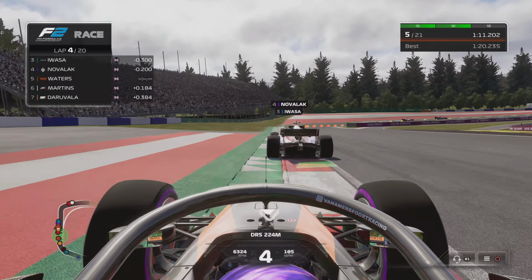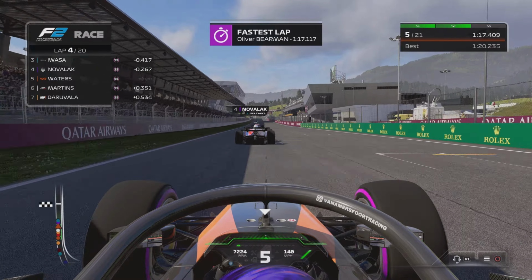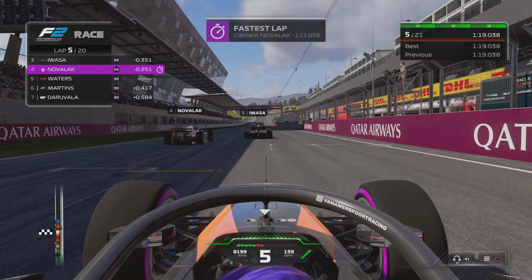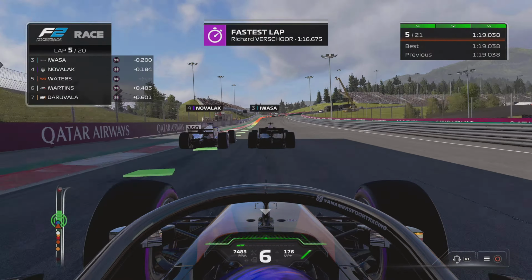Novalak now looking at Iwasa for third. That was a big mistake that we couldn't afford to make. And now Victor Martins having a look down the inside of the final corner. He just sort of half stuck a nose down the inside, so there was nothing doing in that. Now Novalak's having a look at Iwasa. Can we get them both down the inside? Not quite. Now Novalak gets back past, but we have got past Ayumu Iwasa and moved up into 4th place,